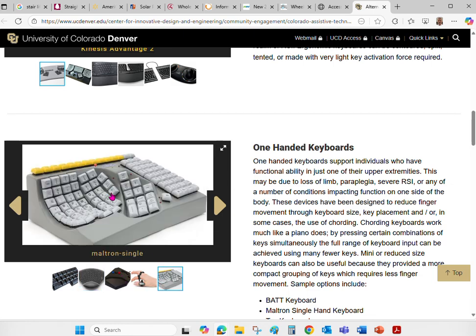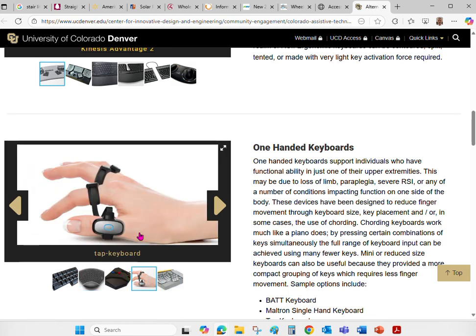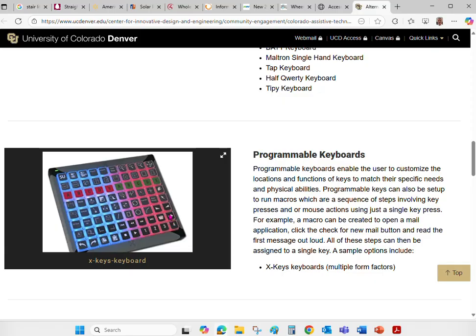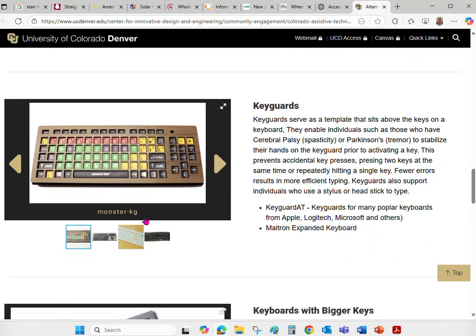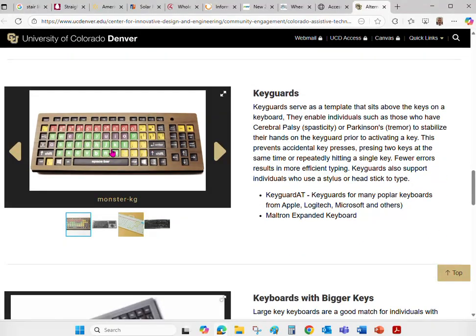They can also have a keyboard like that. They could also have a virtual keyboard like this. This is a newer technology, so it could be a virtual keyboard too. It could be a square keyboard. It could be different